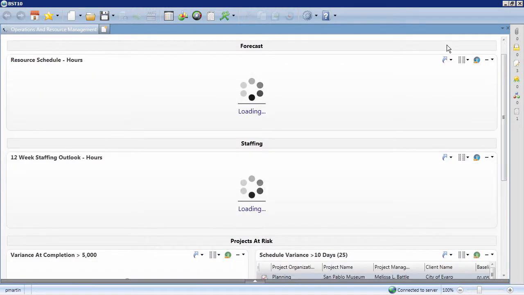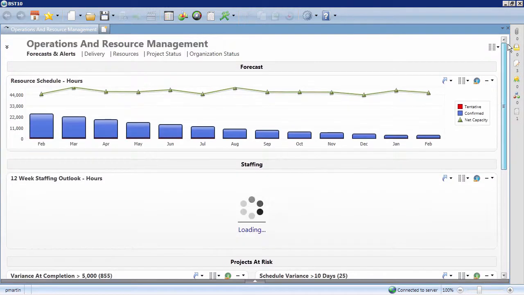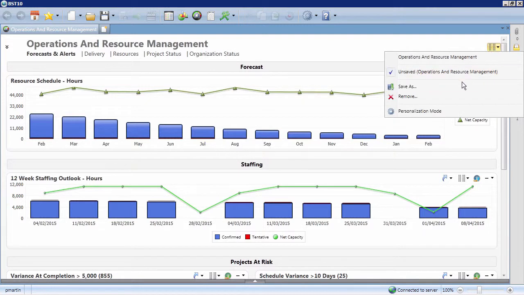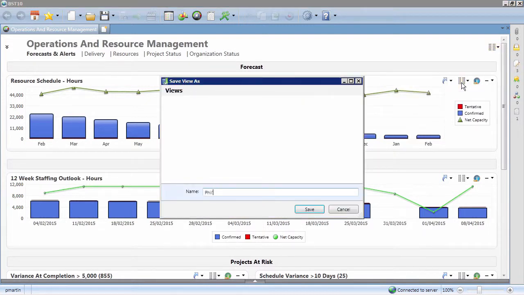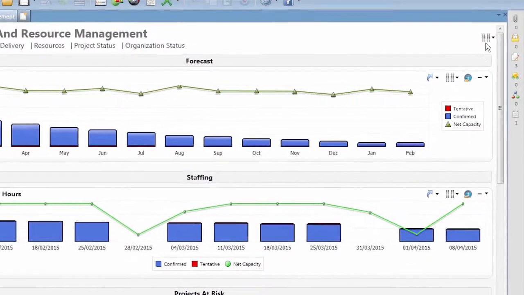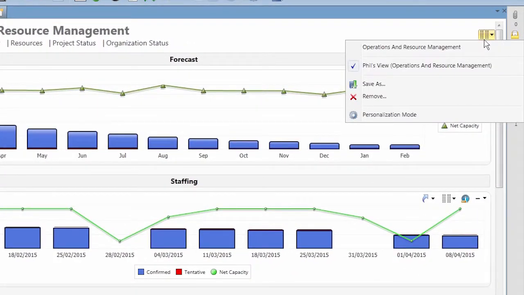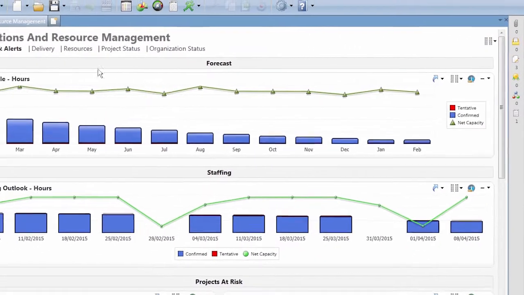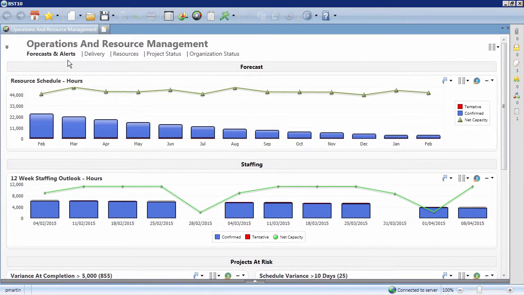Once you've finished personalizing your dashboard, you can save the new layout you just created. Now, you'll be able to access it anytime from the Views menu. Next, you can navigate to the different areas of the dashboard by selecting the tabs along the top of the